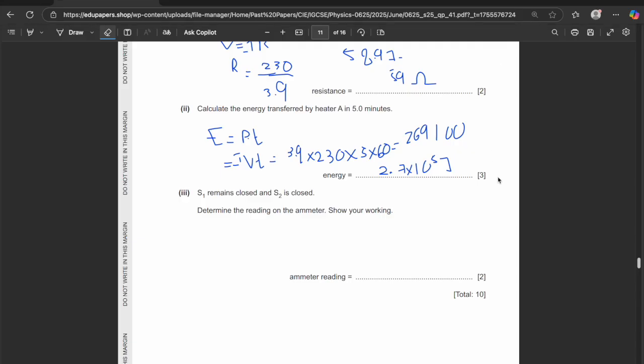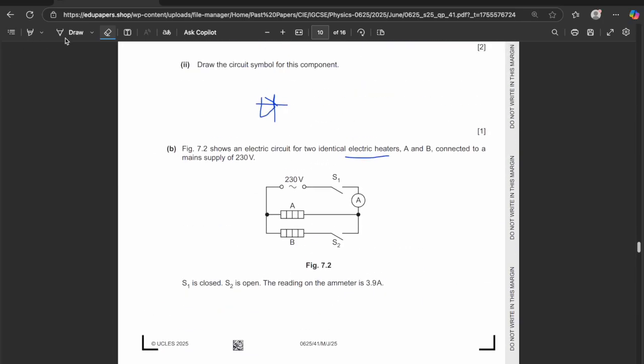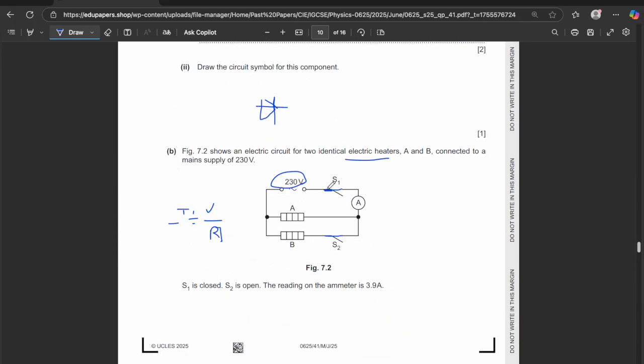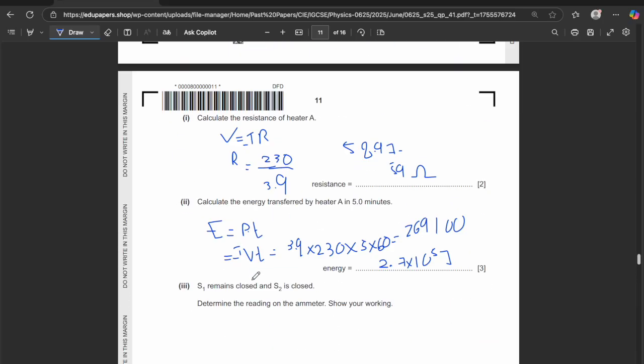Three, S1 remains closed and S2 is closed. Determine the reading on the ammeter. Show your working. These two are closed, and the ammeter is in series with both of these branches, so it's not particular to one branch. You have to consider the whole circuit. We know I is equal to V by R. We know the voltage, and we need the resistance. Resistance is 59 ohms for each component, as they're identical. We need to calculate the resistance in the parallel